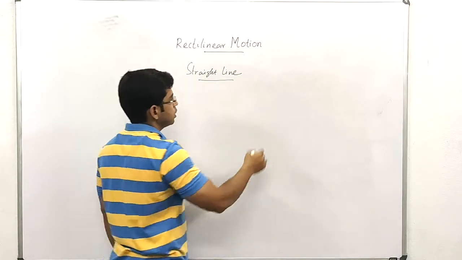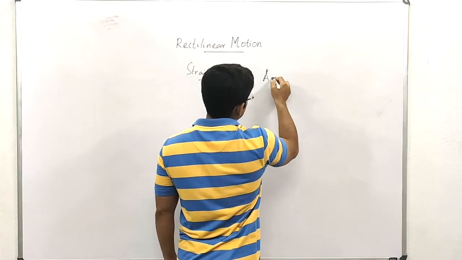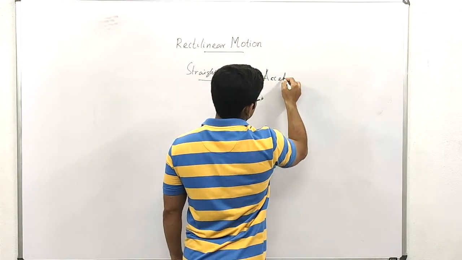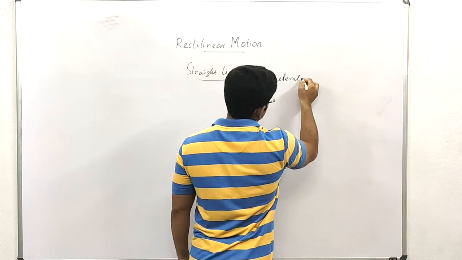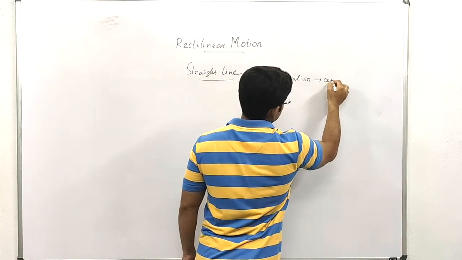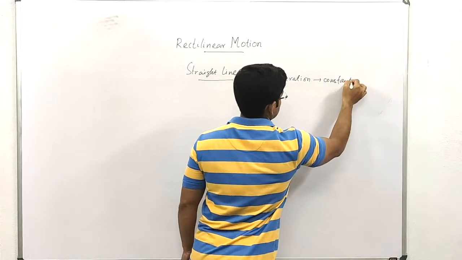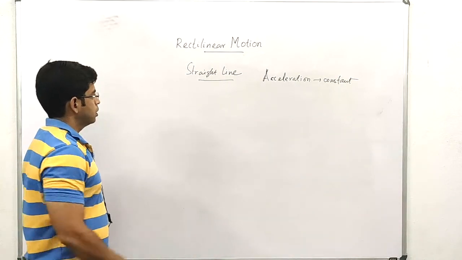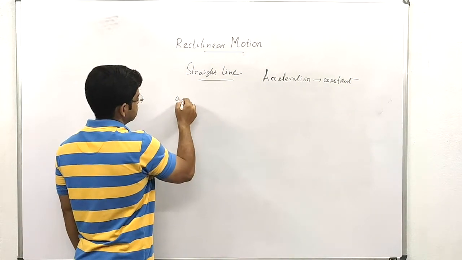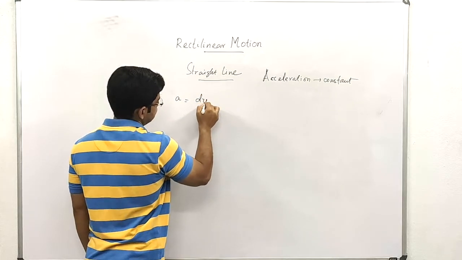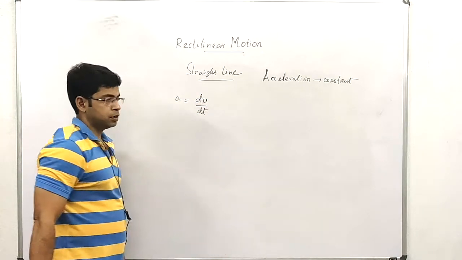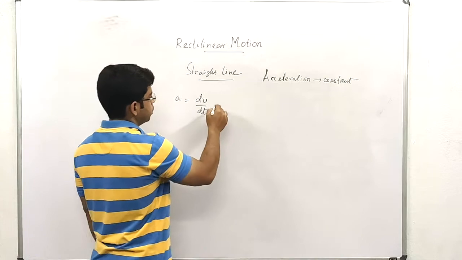Under the assumption that the acceleration remains constant. Now we have the equation of acceleration considering only the magnitude as a equals to dv dt, which we can rewrite as